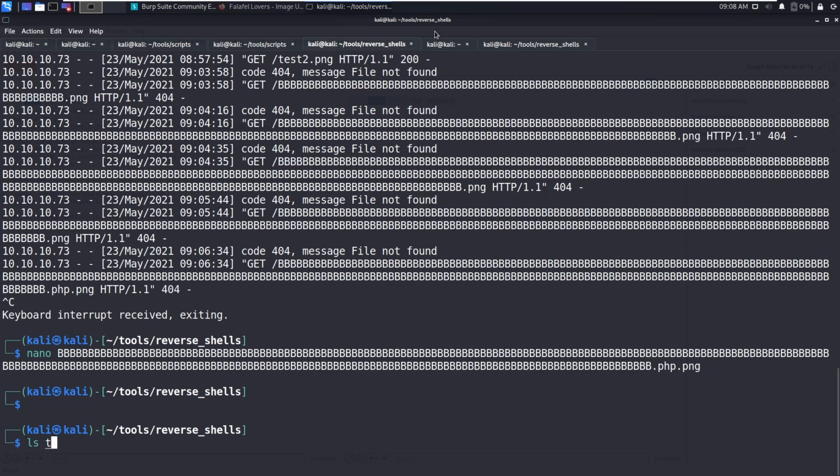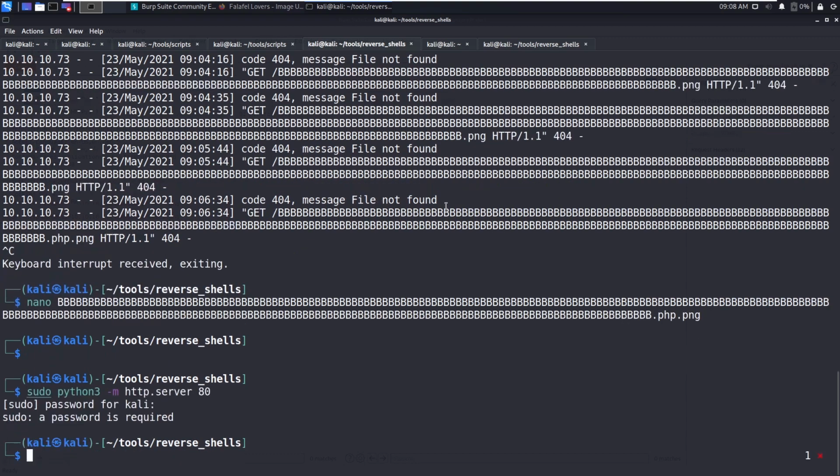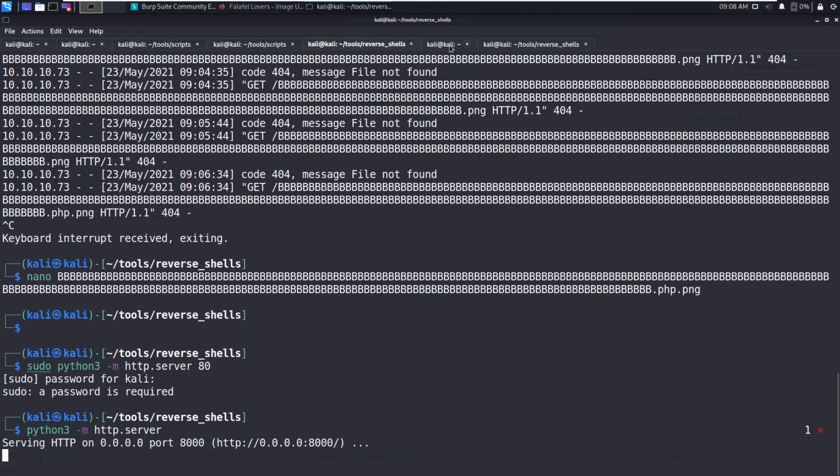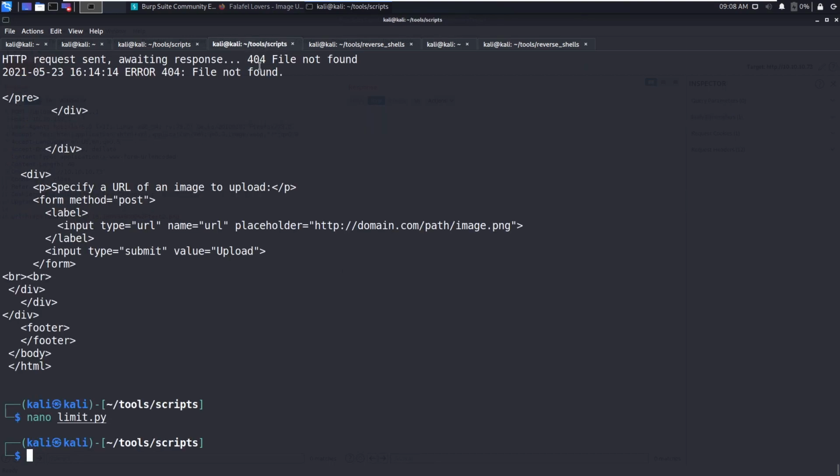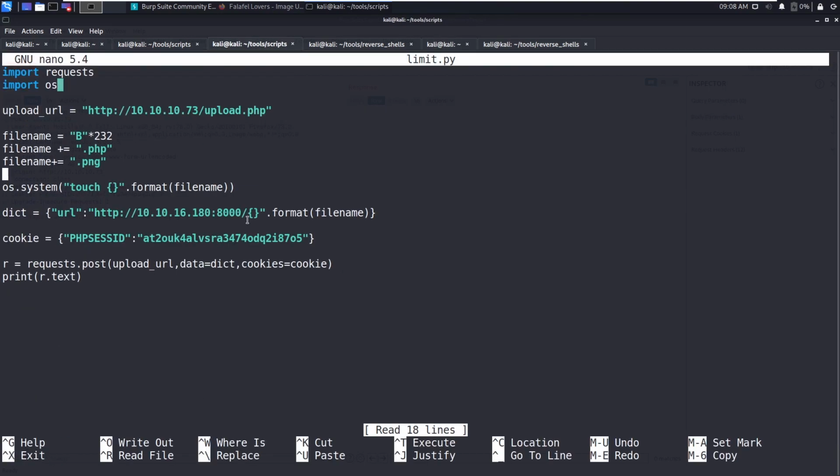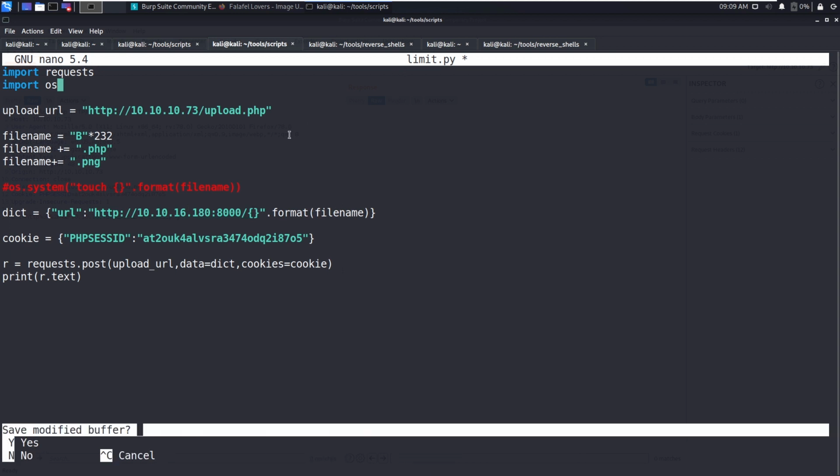Let me again, where is the tool? Let's host the server. So instead of this file name, we can comment all this. I think the file name has been formed here. So we have already created the file that is 232bs.php.png and here we are uploading. Okay, that should do it. Save this.